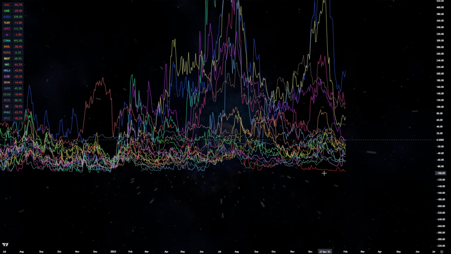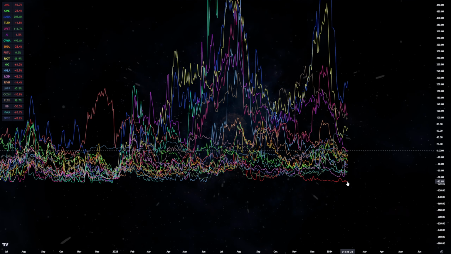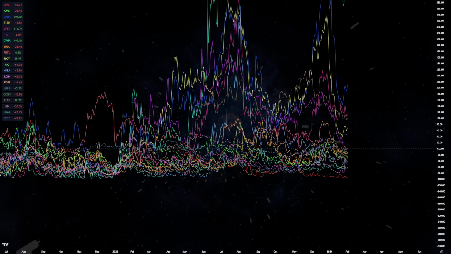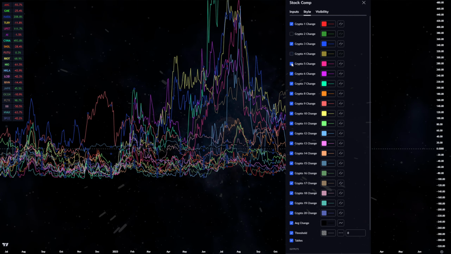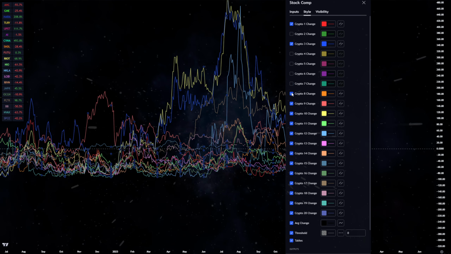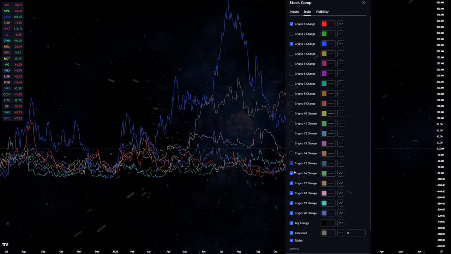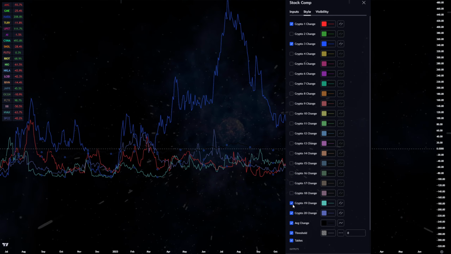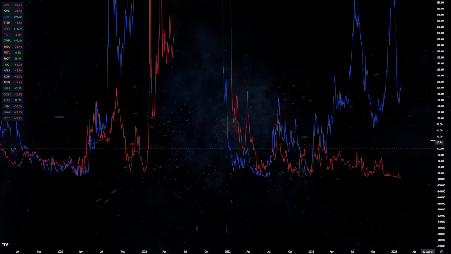Let's take a look at the structure of AMC right here on all-in-one. So AMC is down negative 93%. And if we take everything else out, we're going to actually be looking at Mara's. Mara's in blue. I'm going to take everything else out. And then I'll talk about why this is pretty crazy going into the POI, because it's lining up